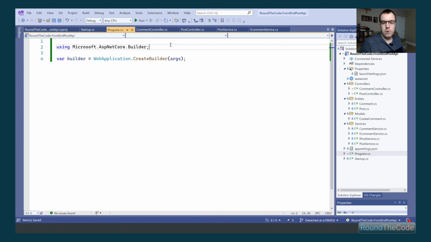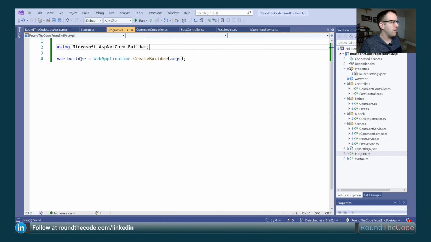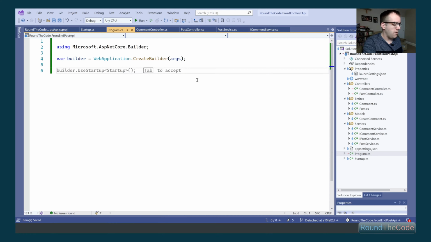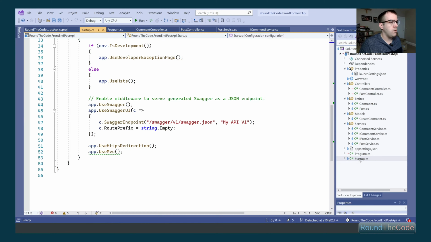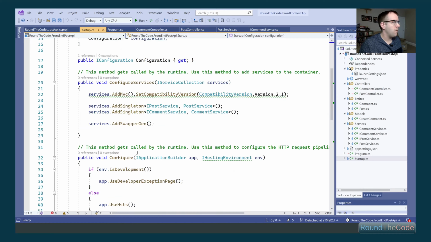Now you might be thinking, what's happened to the namespace? What's happened to the method? What's happened to the actual class? Well, .NET 6, a new feature with the console template, is that you don't need all that. It's built in automatically. So we can just start writing code without having to add a class or a namespace. Now we can go ahead and start merging stuff from our startup into our program.